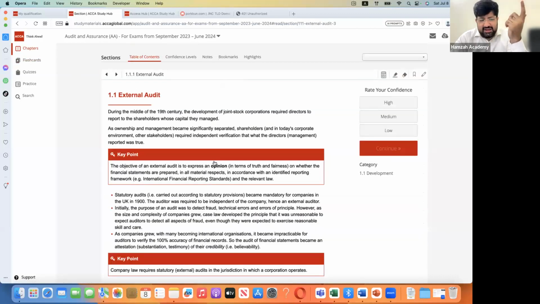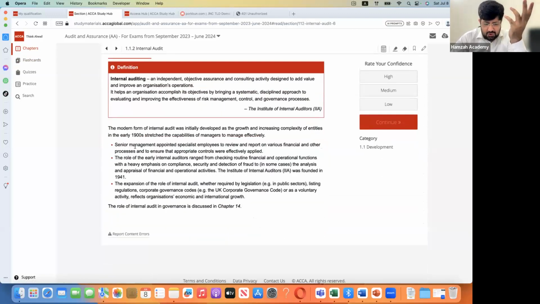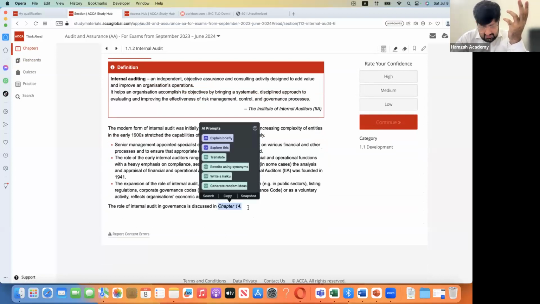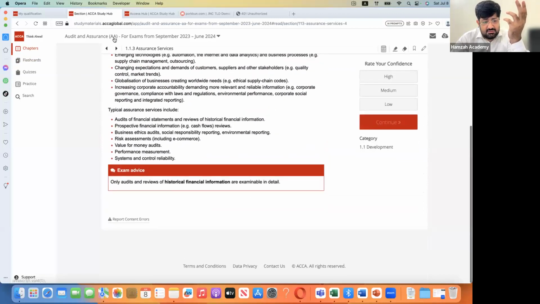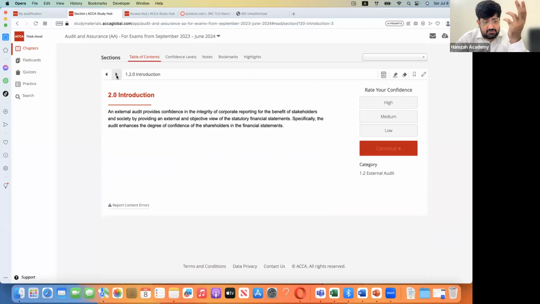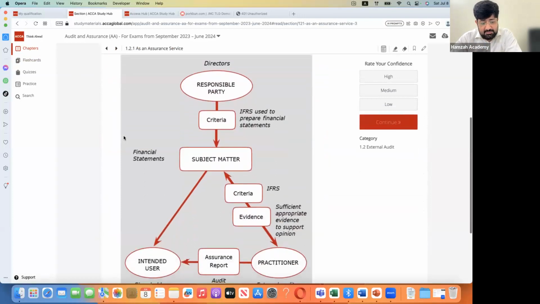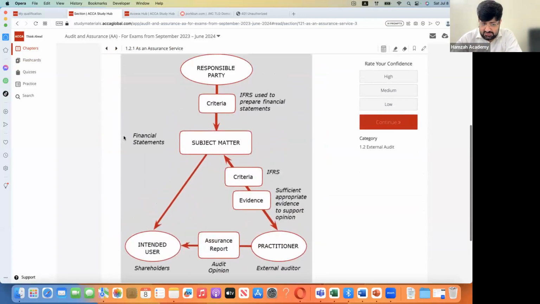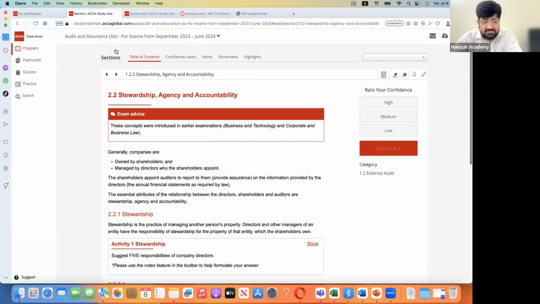Starting from here, internal audit, I have not explained yet because there is a full chapter on it. So you can read it yourself if you want to. Chapter number 14, we have to study in full. Okay, now, so assurance engagements, I have explained in detail. So starting from here, what is assurance? Yes, example is given. Wonderful explanation, you see. Responsible party, there is intended user, practitioners obtain evidence, criteria about subject matter.